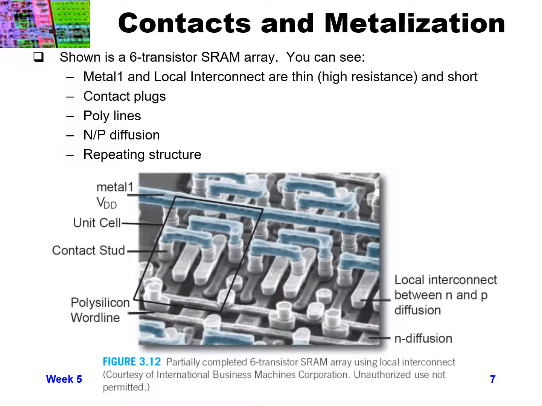So here's an actual photograph, if you will, of a 6-transistor SRAM array. And here you can see a definition of the first few interconnect layers and a little bit of diffusion. It's kind of hard to really see the diffusion, but the polylines and the metal layers you can see rather plainly here. So if we look at the bluish lines that are going left to right on the top, that's the metal 1 layer,